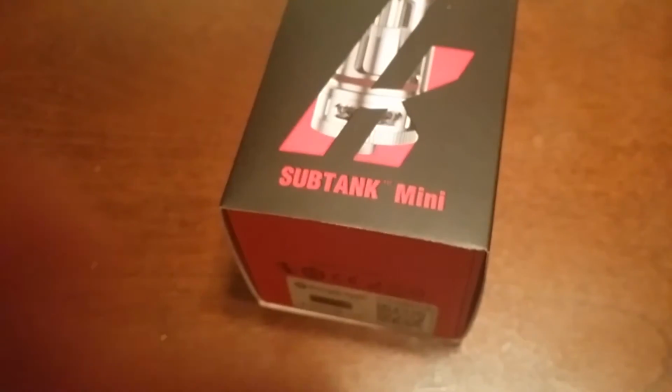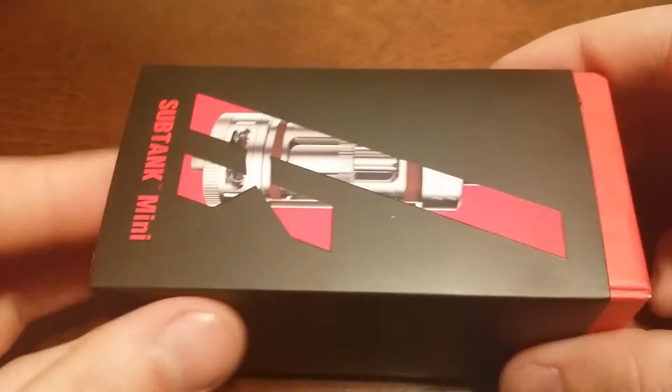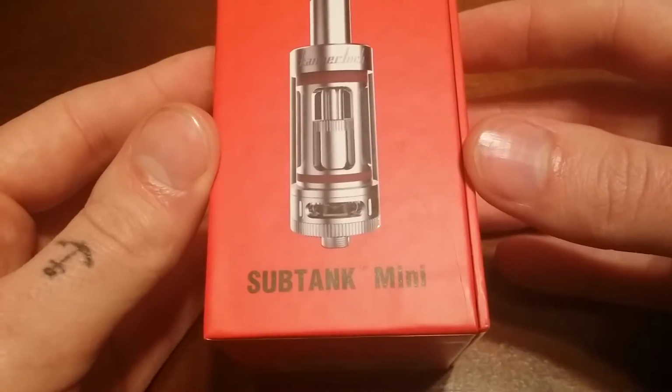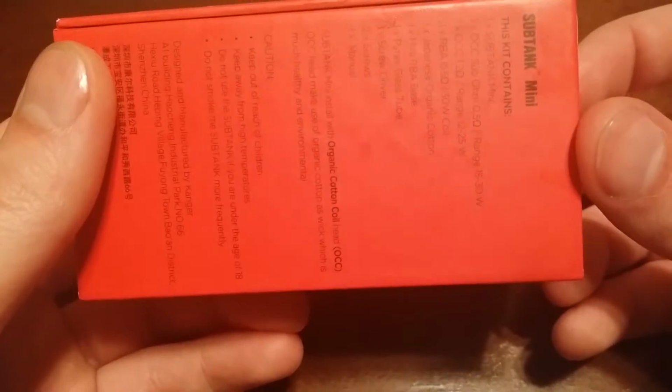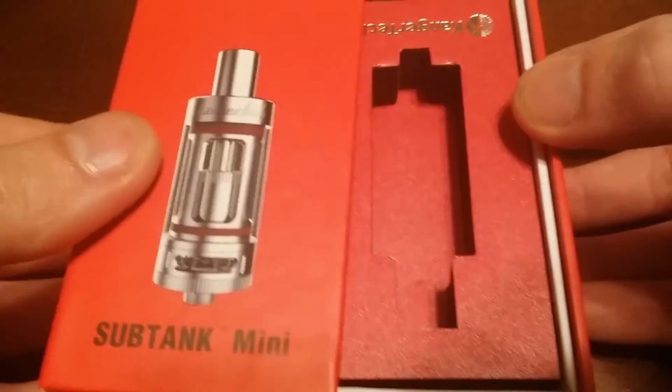Oh man, that is like the worst angle for that. Okay, so you're gonna bear with this. This is the box it came in, and it is the best packaging I've seen on a product. Comes in a sleeve. You got all your nifty stuff on the bottom. Bunch of stuff to read. And then it slides out to the side,